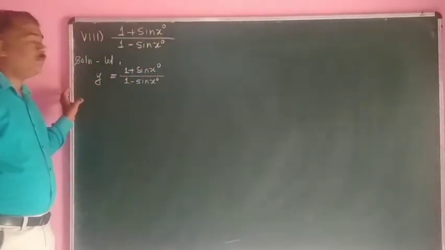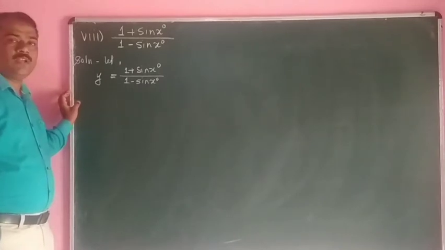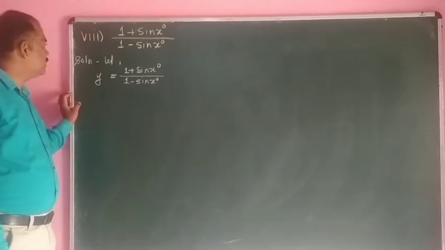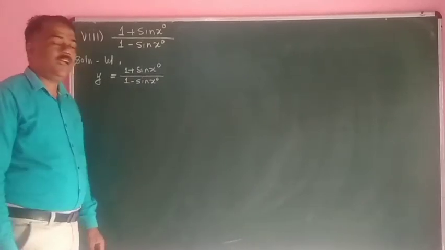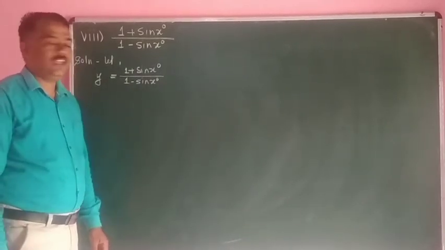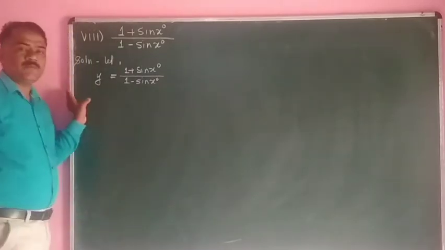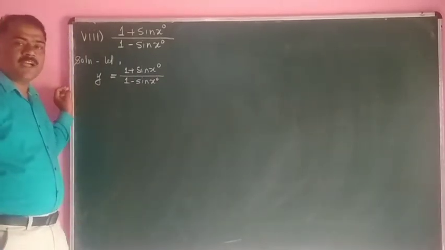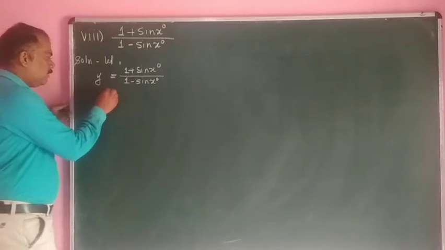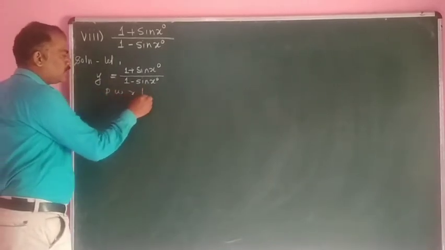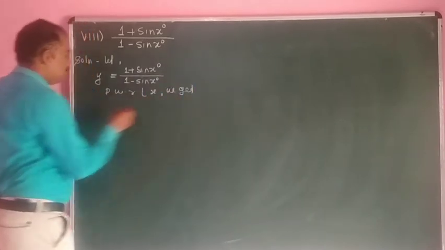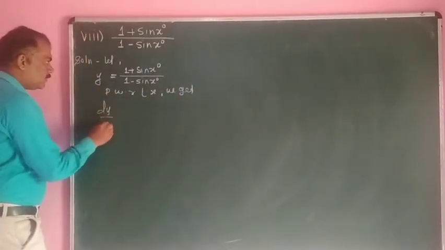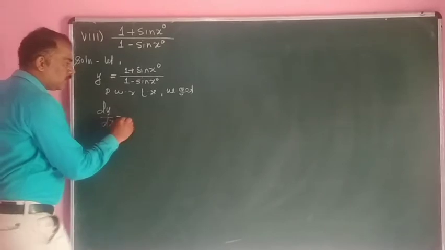Example number 8. (1 plus sine x degree) divided by (1 minus sine x degree). Solution. Let y is equal to (1 plus sine x degree) divided by (1 minus sine x degree). We have to differentiate this with respect to x by using the quotient rule. Differentiating with respect to x, we get dy by dx is equal to, by using the quotient rule,